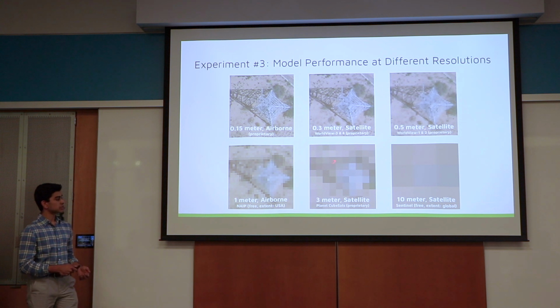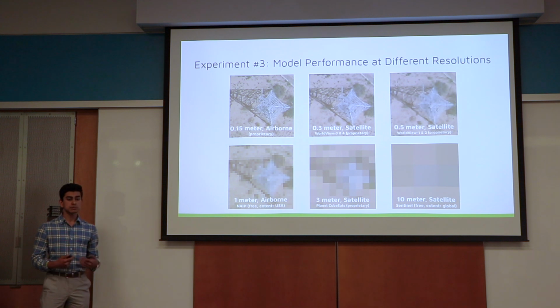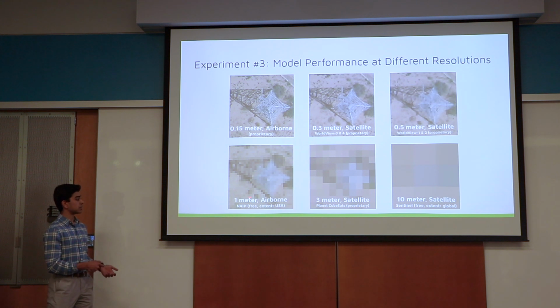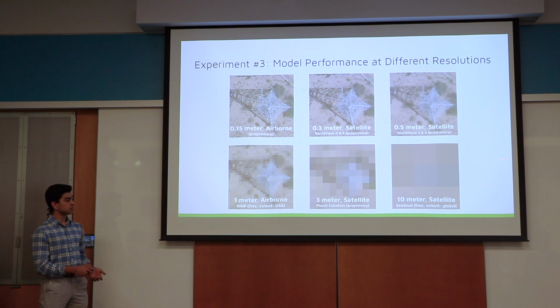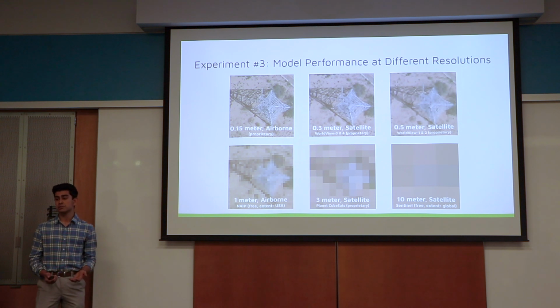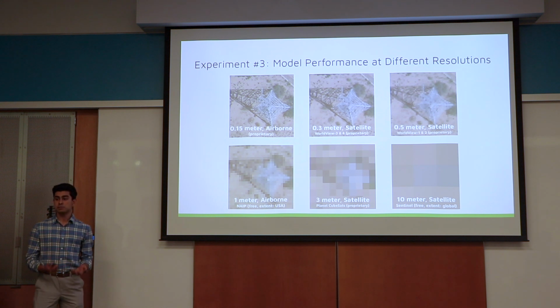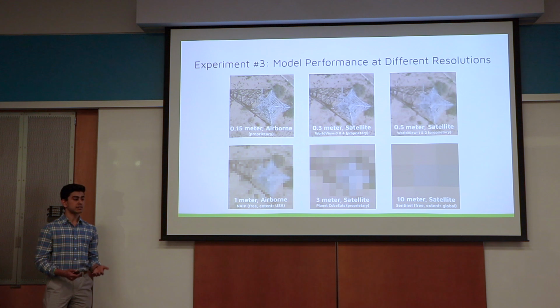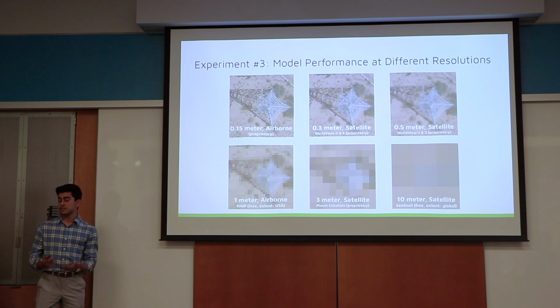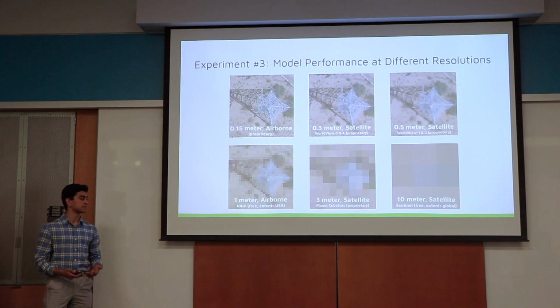Now, when we get to 1, 3, and 10 meter data, you'll see that it's much more widely available. For example, we have 1 meter data for all of the US, and we have 10 meter data for the entire world. However, the trade-off is that the tower itself becomes very difficult to see. So in this problem, we're trying to explore, is there a balance that we can strike between accessing imagery that's of low cost and easy to access, and can we also have that imagery give us good model performance?